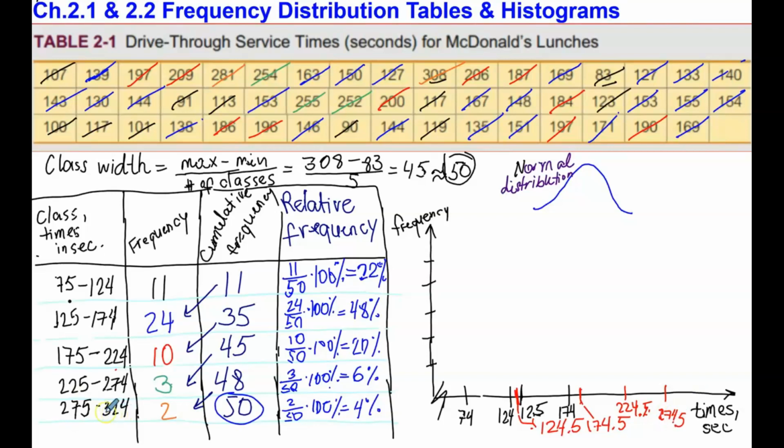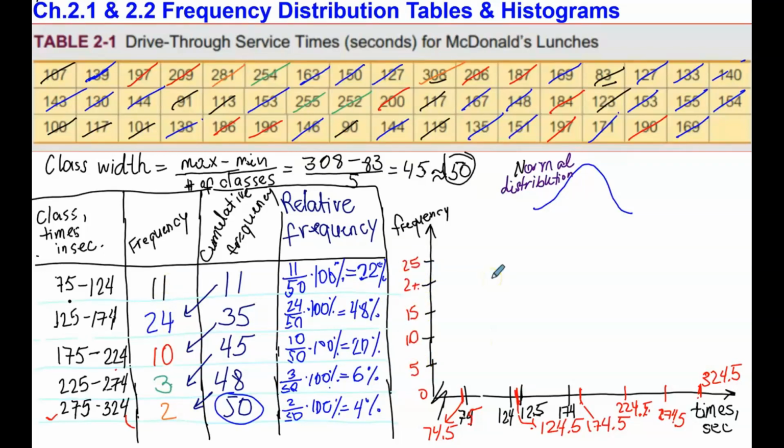And lastly, since we moved the boundary from 275 to 274 and a half, we basically moved it a half a point to the left. We need to keep the class width the same, so we need to move the upper boundary a half of a point to the right as well, 324 and a half. The same will happen with 75. It becomes 74 and a half. Since we moved the boundaries on the right, we have to move it on the left as well. The frequencies will start with the 0. We have a maximum of 24 frequencies, so we go by 5. 0, 5, 10, 15, 20, 25.